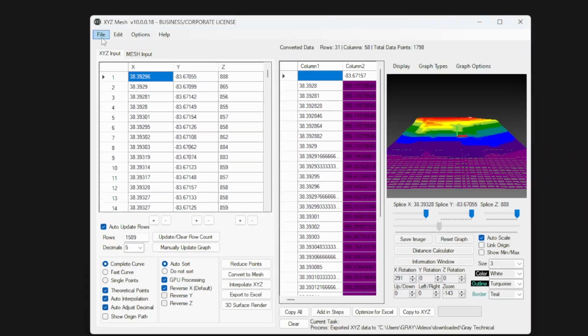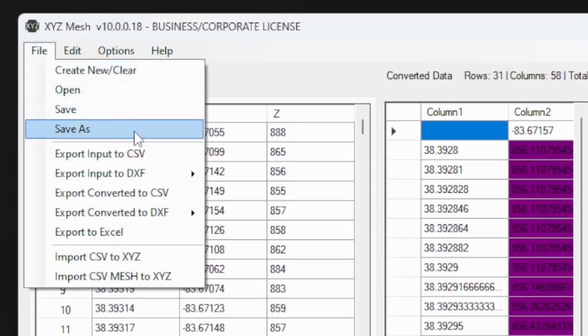XYZ Mesh project files are unique file formats that can be opened inside of XYZ Mesh. The project file contains input data and converted data with a few settings unique to each project. To save a project file, go to XYZ Mesh's main menu, select File,